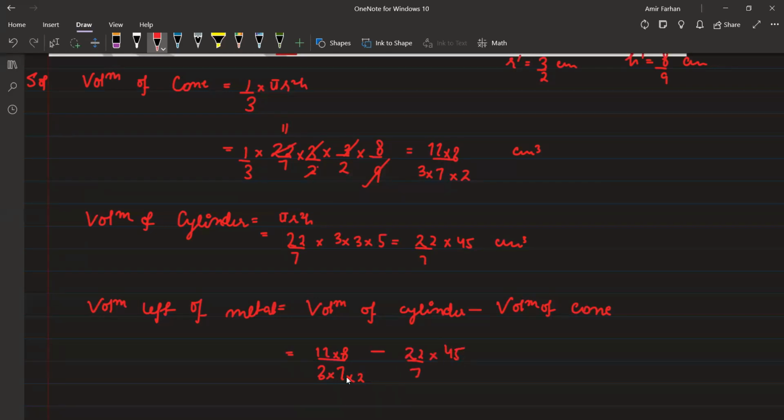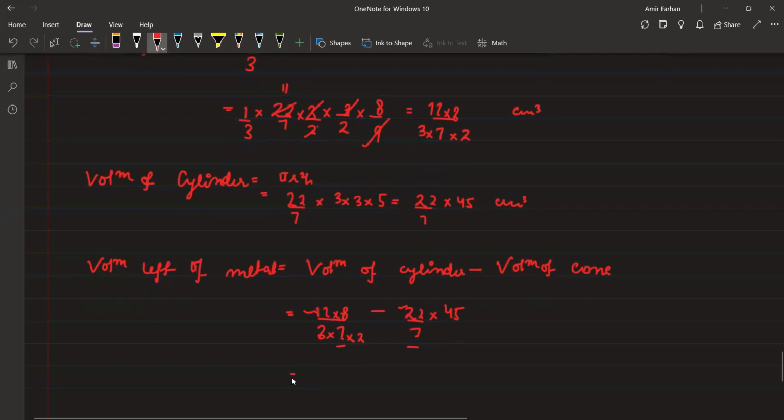Now from these two terms, can I take 7 common in the denominator and 11 common from the numerator? Yes or no? Yes, sir. 11 by 7, 8 by 6 is left minus,